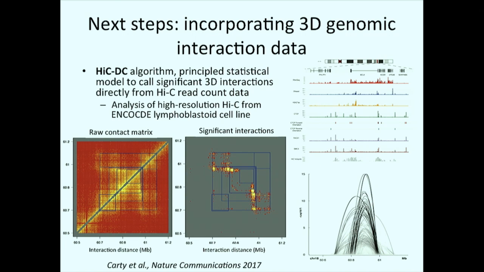If you want to start understanding some of these changes in accessibility, I think you need to start thinking about the 3D architecture of the genome. These accessibility changes aren't all independent, and we imagine that some of the enhancers are looping to promoters, and that's how they can affect gene expression. And we're working on statistical methods for understanding chromatin conformation capture data like Hi-C and next Hi-ChIP, which I think is feasible in the mouse models we like to work on.